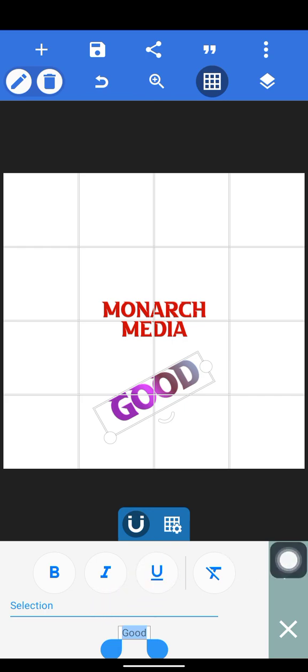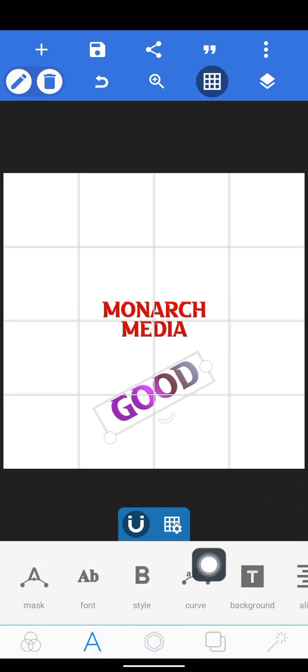And this I means for it to be in italics, in the form of horizontal. It won't be straight, it will be bent. So you see it. Then this U here means underline, you see the underline here, and this T means none. We have selected none. So you can